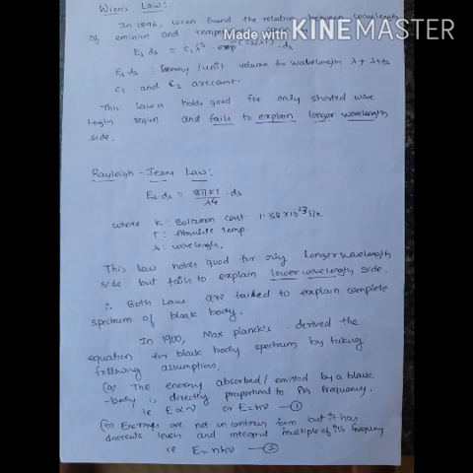The first assumption is that the energy absorbed or emitted by a black body is directly proportional to its frequency. It is given by E equals h mu, because E is directly proportional to mu, the frequency, with some proportionality constant h, where h is the Planck's constant. It is also observed that energies are not in continuous form, they are in discrete units, an integral multiple of the frequency, or E equals n h mu.